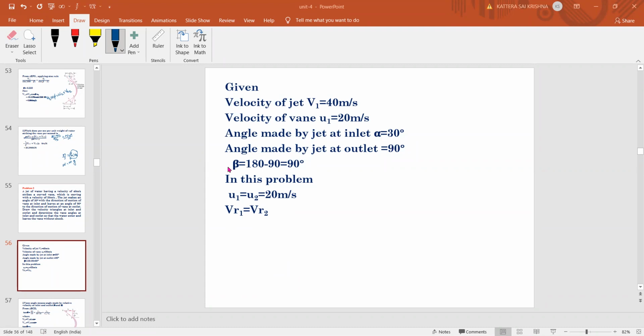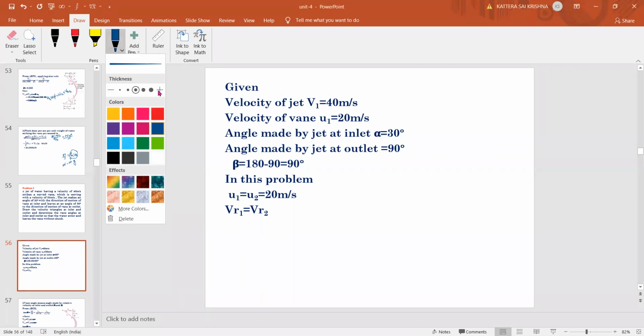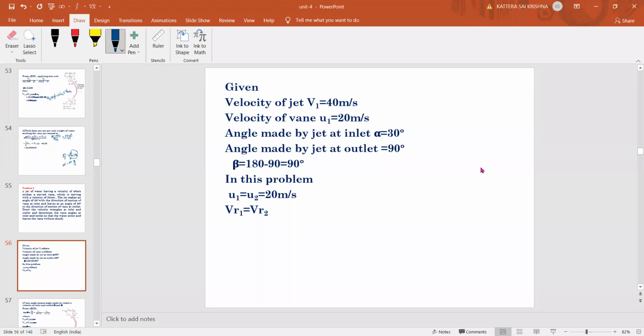So after checking the beta 2 value, only then do you need to draw the velocity triangle, right? So roughly I'm showing here only the outlet triangle. Inlet you already know how to draw. So here there is a difference. We got 90 degrees. Okay, so first we will draw the blade, one triangle and one inclined line. So this is alpha, theta. The length between these two is U1.